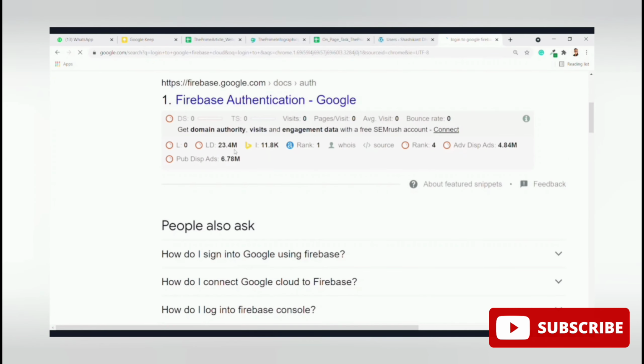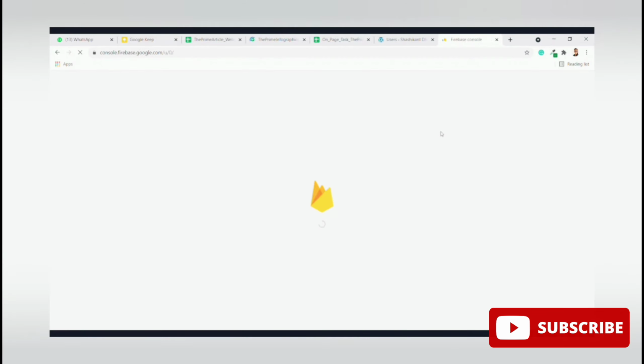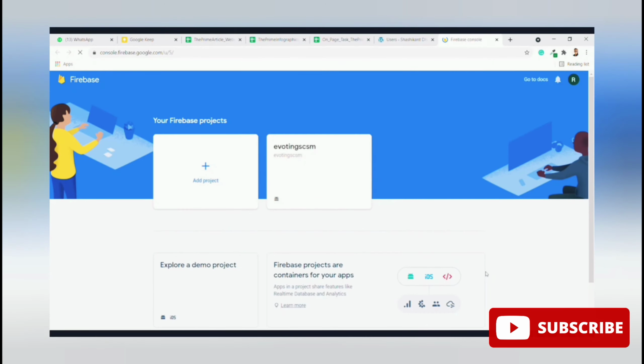For that we need to log into our database. We will log into our Firebase database, and from there we will try to change a value, and then we will see whether that corrupted option is changed or not. So we are logging into our Firebase account here, where we have added the database of our project. This is our project, e-voting.